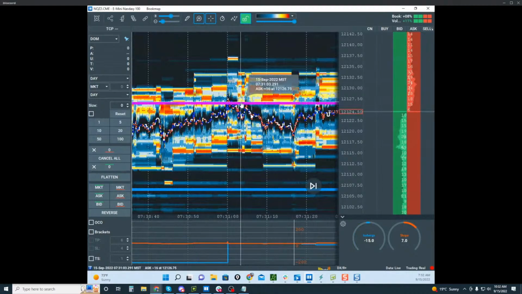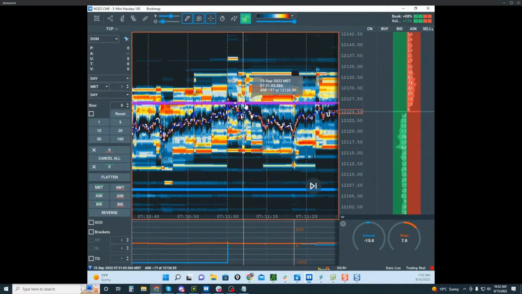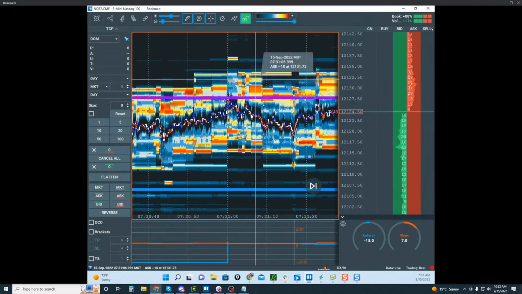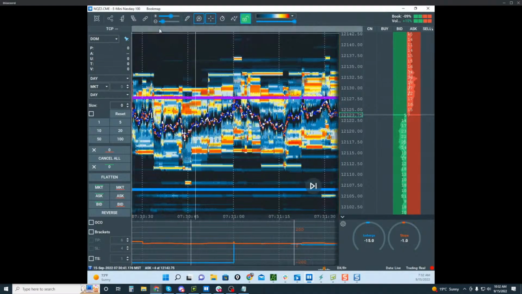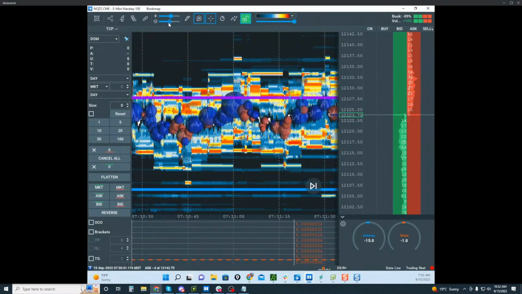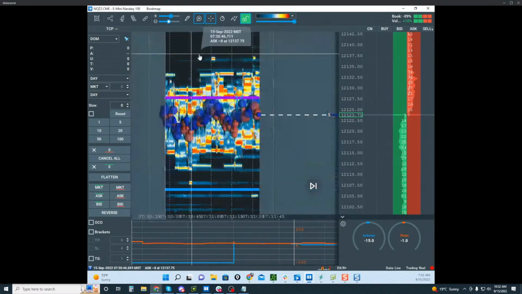Because this is really important if you're trading off of these zones, right? Because your prices are based off of the zone. So you want to make sure you get all the prices. So you can see that's that white line. That should be good there. And I can bring my bubbles back. I don't want them ridiculous, but